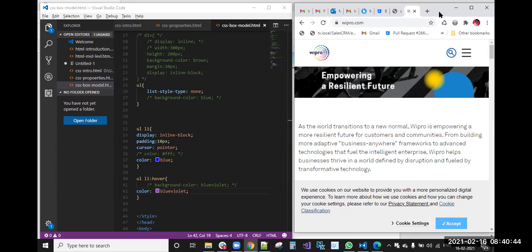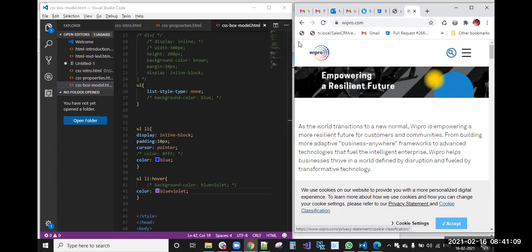After completing the display properties, we will go to the position property. Using the display property and position property, we place the elements in a website. Here he is placing this image exactly in this position, right?